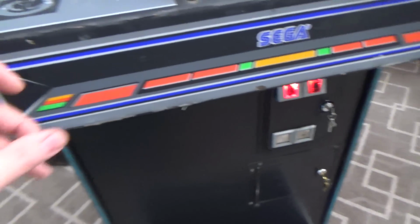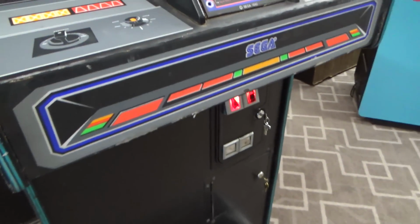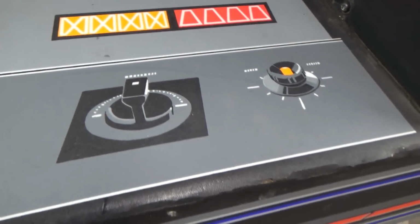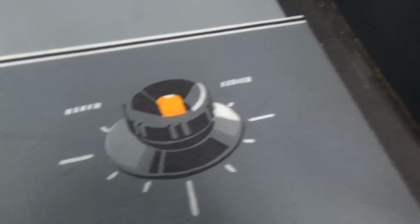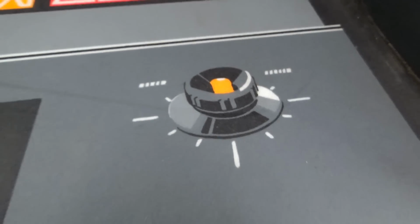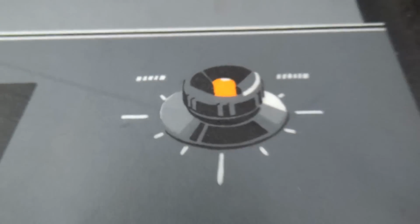Now, on the flyer, it says something like three-dimensional TV or something like that right there, but apparently they took that out after the prototype. So they did the little trick where there's a knob kind of drawn on it. There's a knob that says, I can't even see what it says. Oh, it doesn't say anything, it's just little dashes. Right? And then up here,